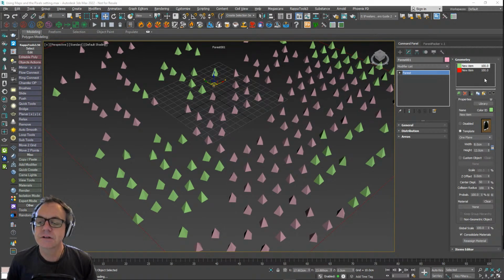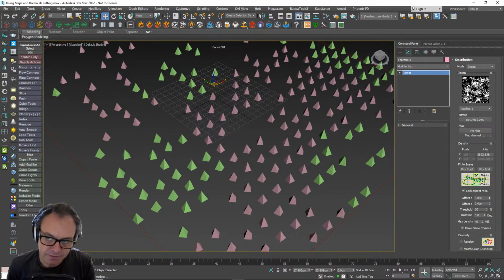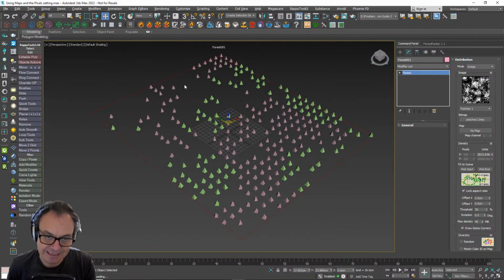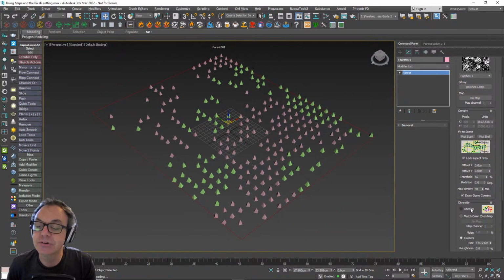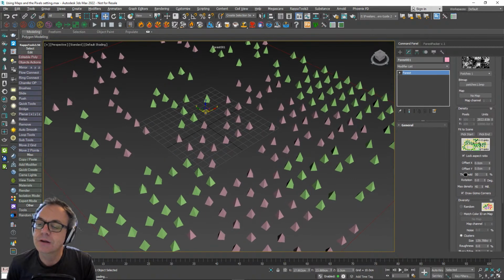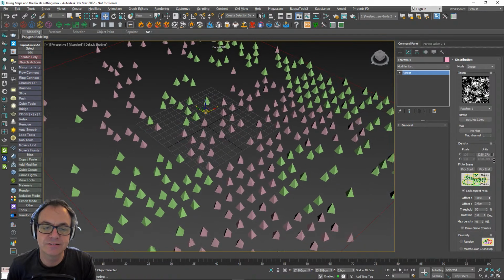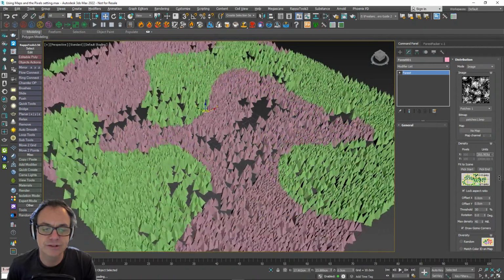Great. So this was the question that I found interesting. The user had set up a distribution pattern using the patches, or one of these patches, distribution maps, and was happy more or less with the layout, with the gaps where they wanted to be and so forth. And they'd also sort of independently used clusters to control the size of different groups of plants. So that's fine. The question was, how do I add more trees, or whatever they were, here without changing this pattern? Because of course, if I change the units, I scale the map, and I've closed up all those gaps that I rather liked.